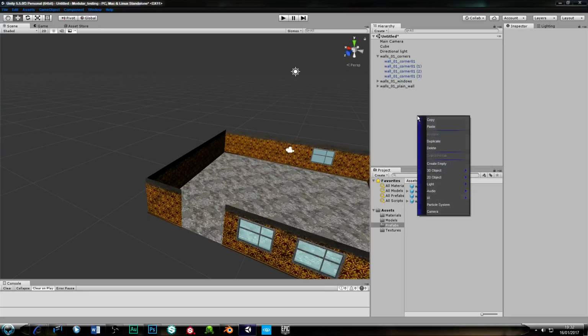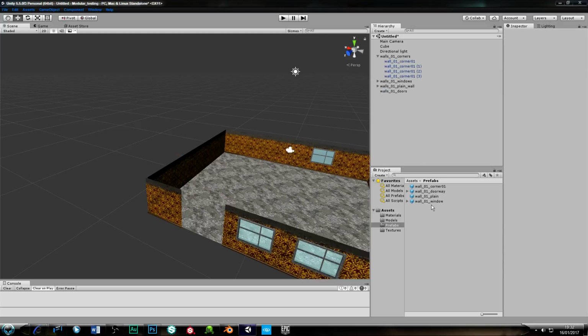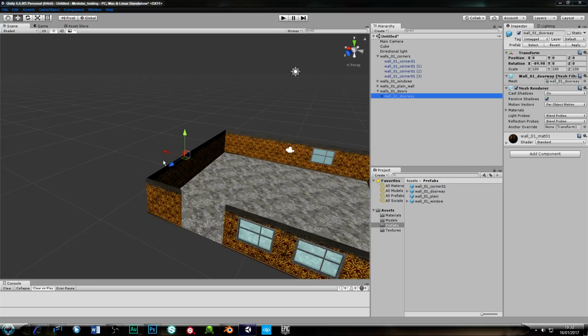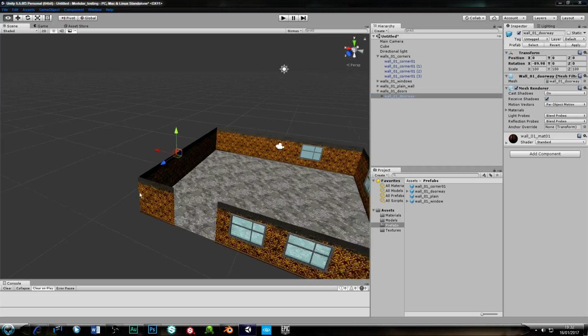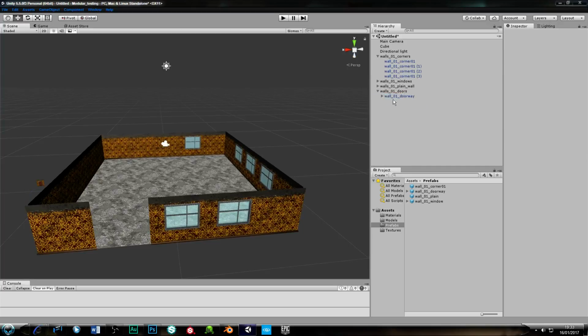So let's put a door one in. So we'll create an empty, and we shall call it wall 0, 1 doors. So let's take our doorway, stick it there. Obviously it's in the wrong position. So how about that? So let's select that, delete it,